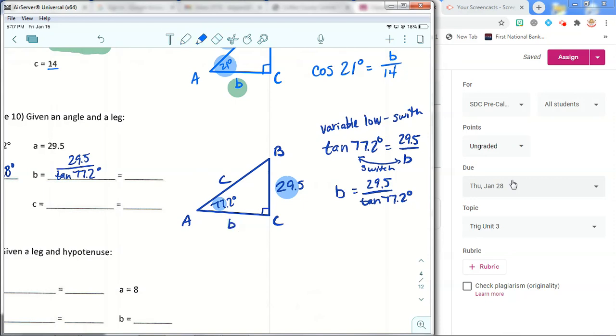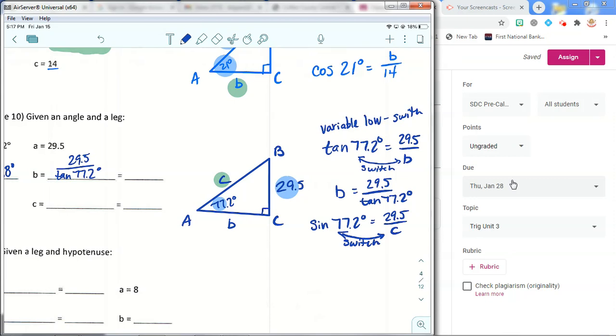And the other thing we need to find is side C. Okay, so look at what you know and look at what you want and think about the trig ratio that relates those, and it's going to be the sine. So the sine of 77.2 degrees is the opposite over the hypotenuse. And then the variable is down low, so you're going to switch,